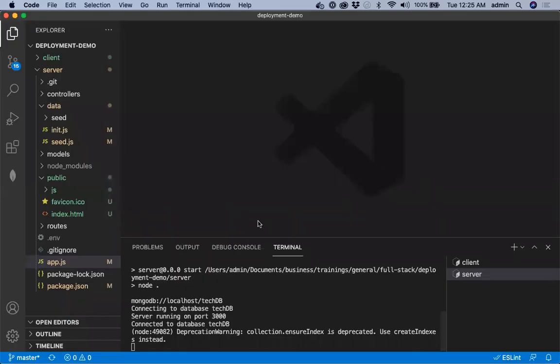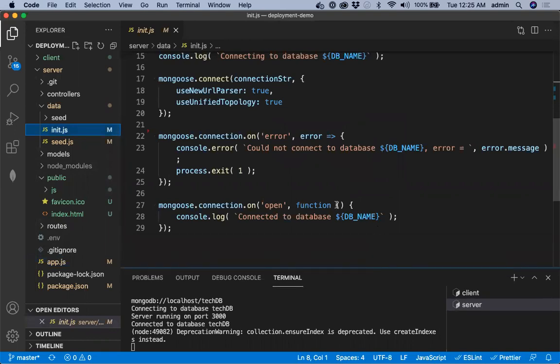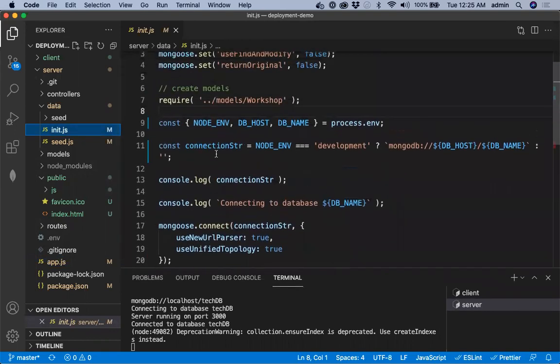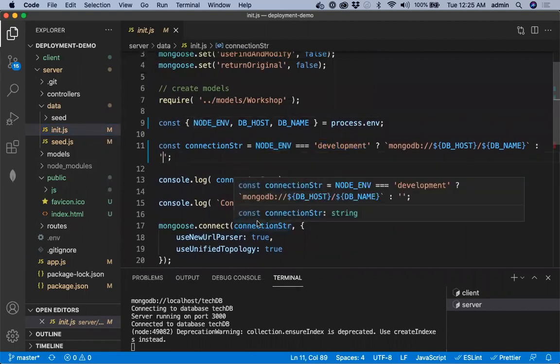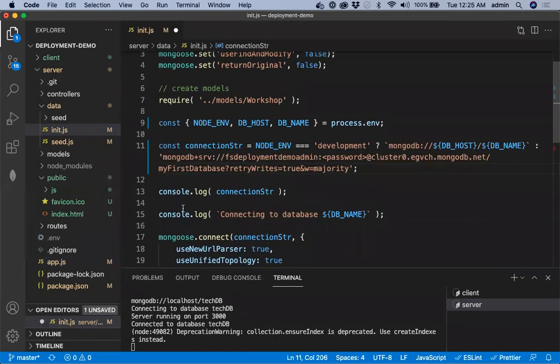So we'll switch back to our server, and in our init.js, where we are connecting to the DB, we did tell what the connection string should be for a development environment. In case of a production environment, where MongoDB Atlas is the database, you have to connect like this. And these will come from environment variables.